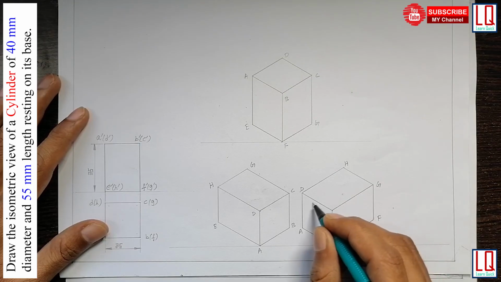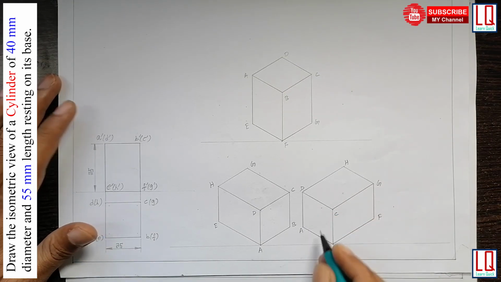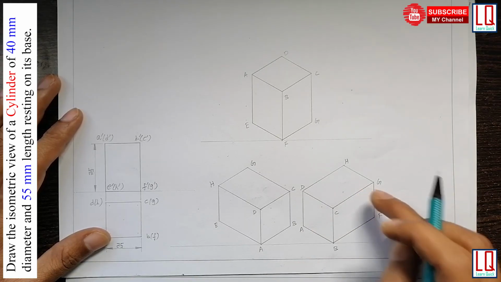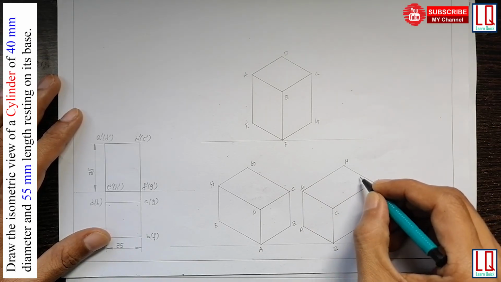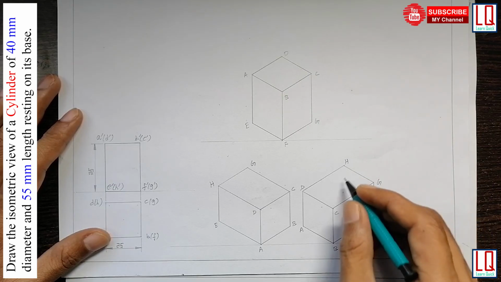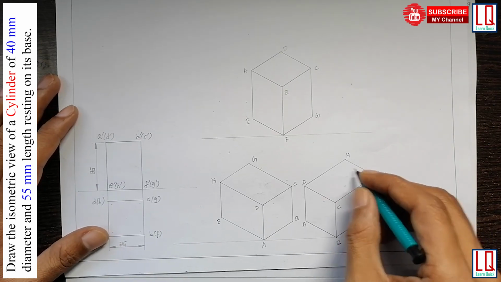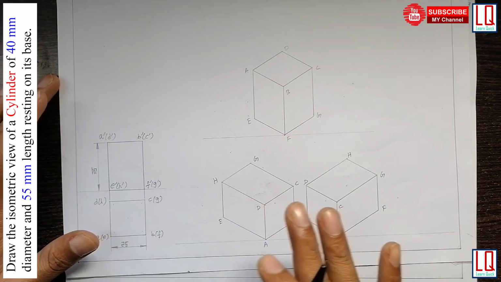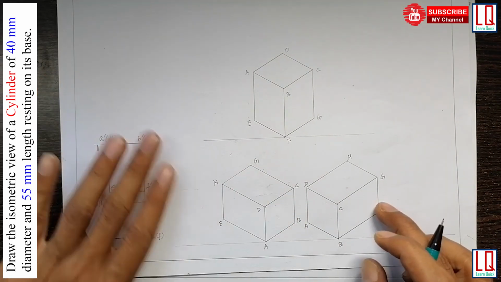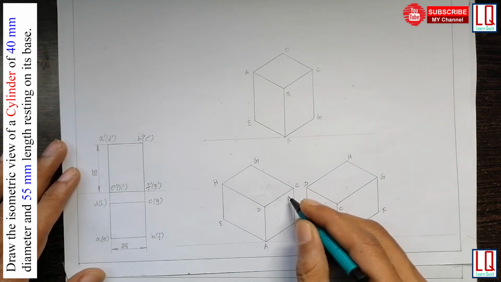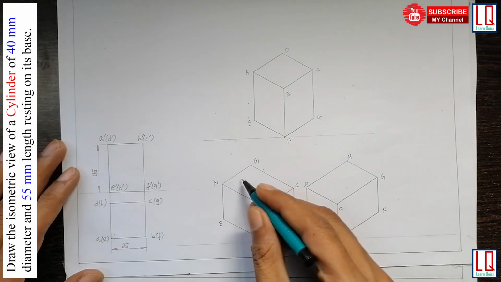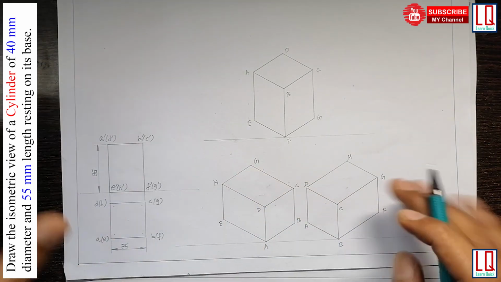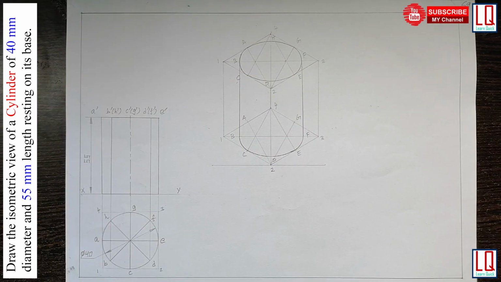have to draw the entire circle in this face, because the entire circle will be visible in this face, whereas in the other side only the half circle will be visible. Okay, the remaining half circle need not be drawn, only the half circle will be visible. So in the same way, if you need to draw the cylinder in this direction, you need to draw the complete circle in this plane, and in the rear plane only the half circle will be visible, and then you have to connect the extreme generators.